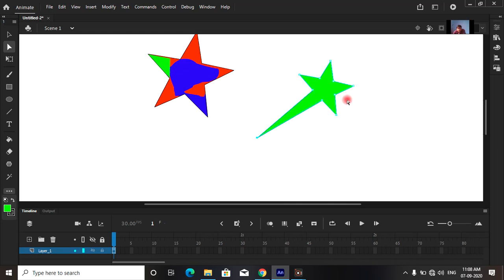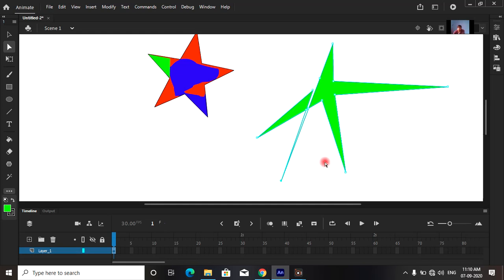Now see, this is transforming the image with the help of the pen. Here I am going to do this again. By the help of the pen tool we can transform it into another form, and again we can pull it here.